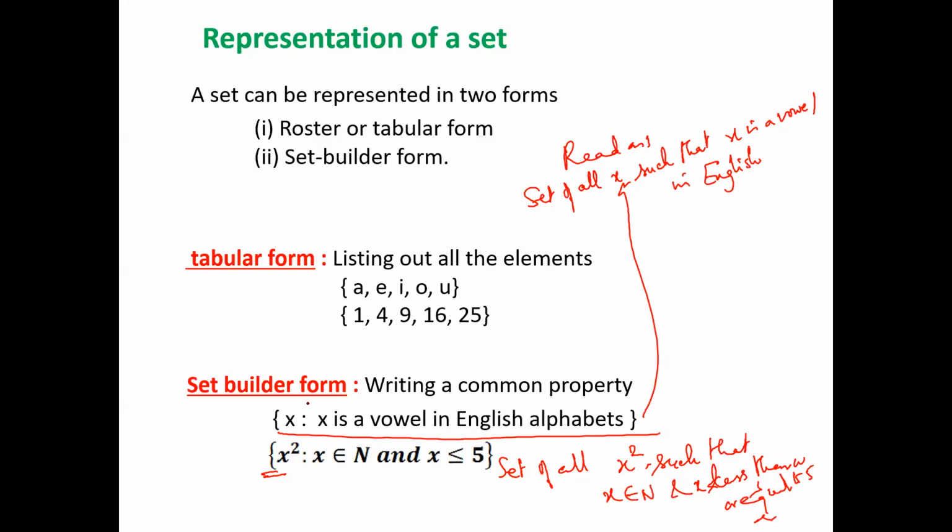So this bracket means set of all x such that. That does not mean immediately people generally ask me, sir, x is not a vowel. How do you say x is a vowel? When I say x, it is not the letter x, it's a symbol. The sample element is called x. For example, some person x, y or z comes to me and asks, so like that we say x is a symbol for a sample element. The x does not mean literally the letter x.